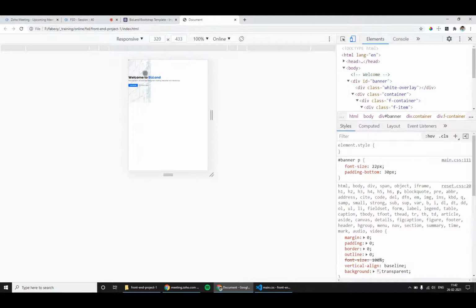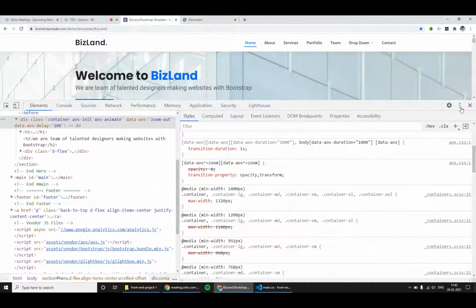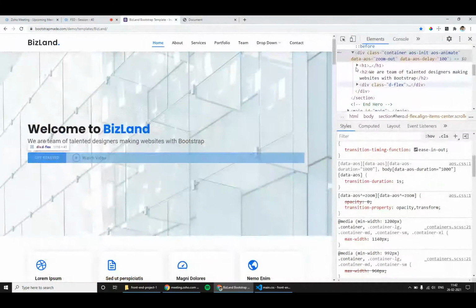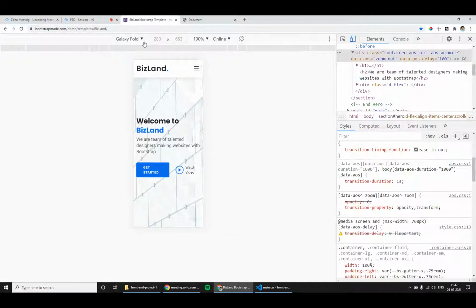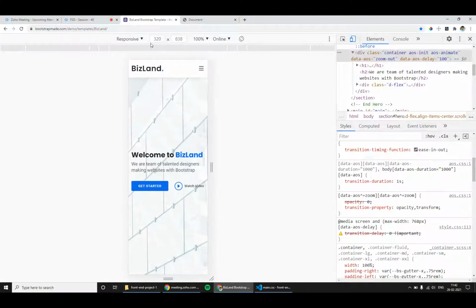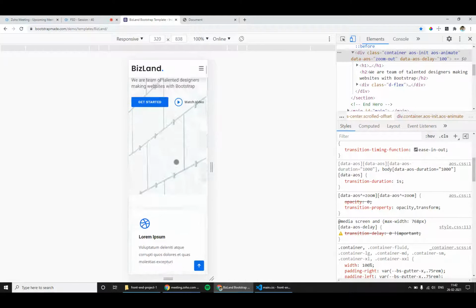It is totally collapsed. The background image is not properly applied. Nothing is working good. So I need to open my target screen, dev tools, responsive 320. So I need to achieve this output.